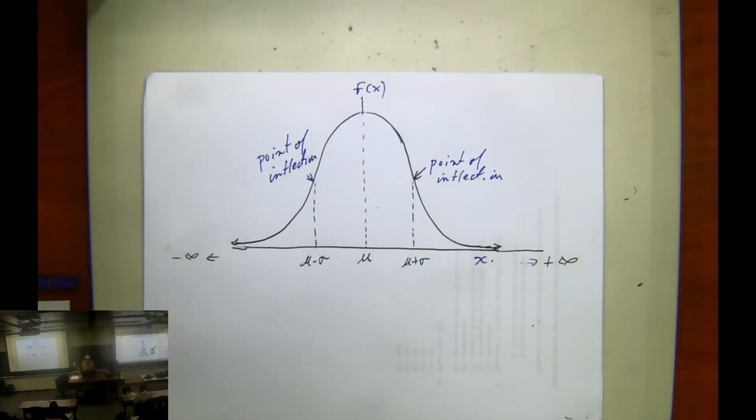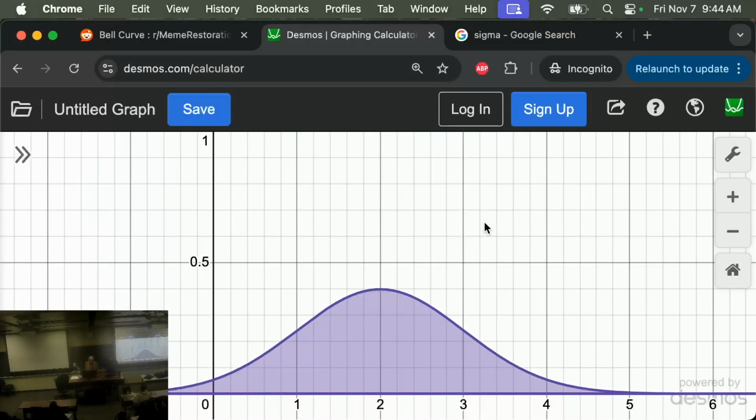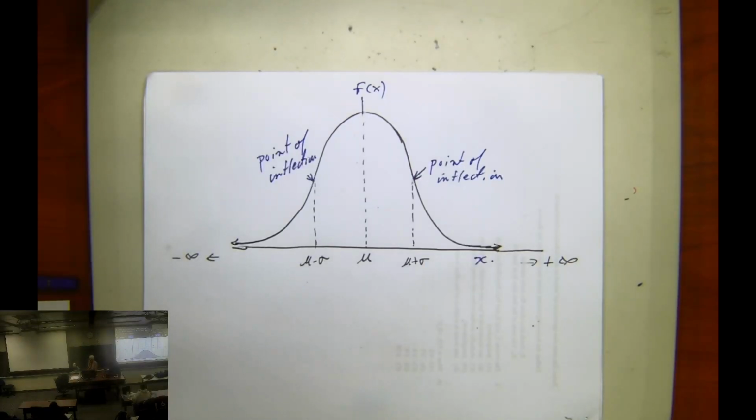By the way, here is the graph on a computer. This is what it looks like, drawn exactly according to spec, and you can compare it to the beautiful drawing over there. I will say one nice thing on the computer is you can slide things around. So I made little sliders for mu. If you slide mu around, you change the center of this thing. Maybe you want to make the center equal to 4.